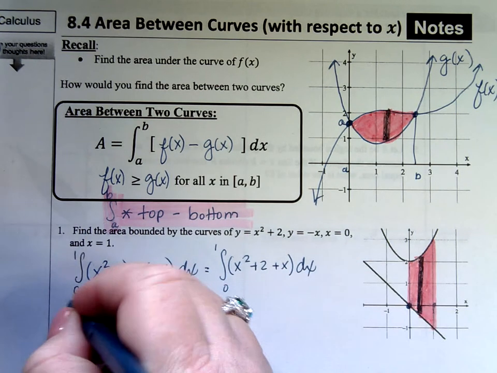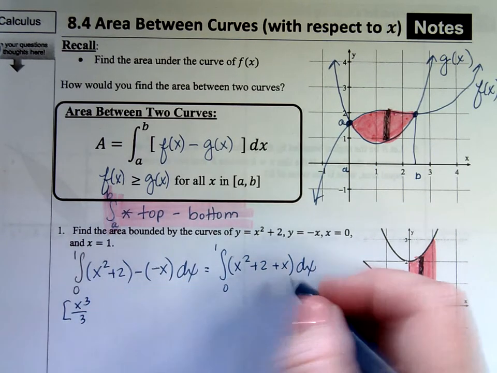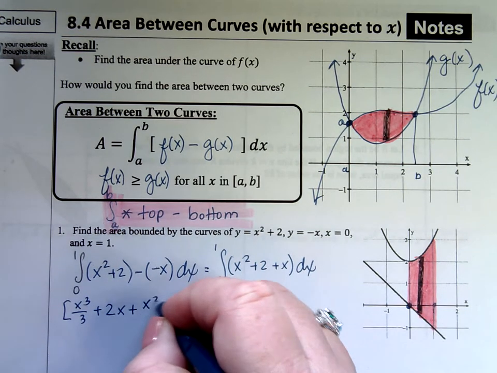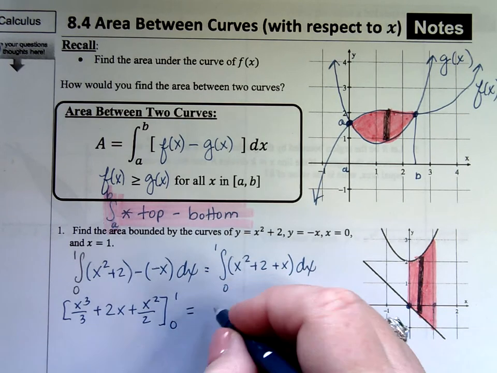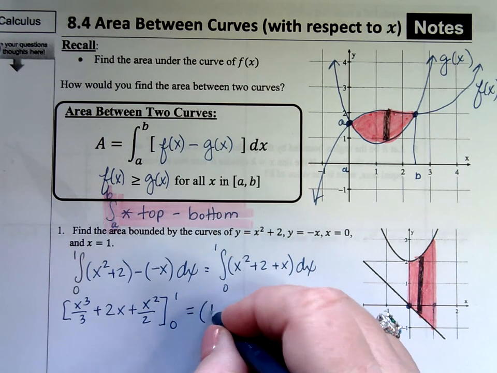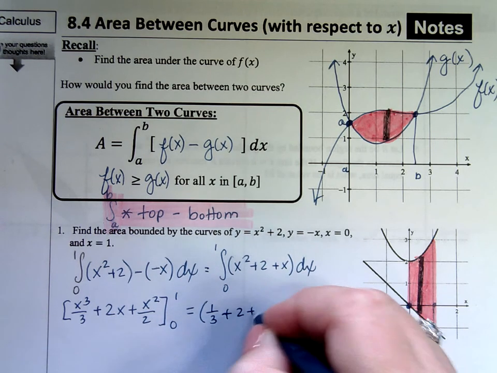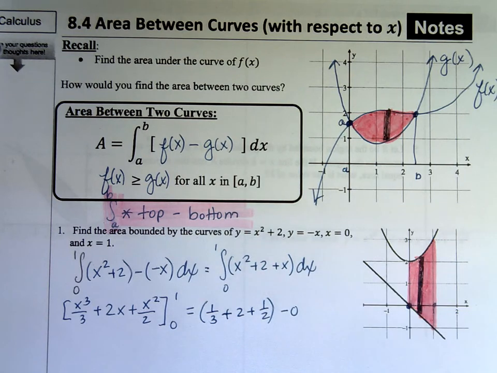That's a relatively nice integral, x cubed over 3 plus 2x plus x squared over 2, going between 0 and 1. We can keep going. That's going to give me f of b, 1/3 plus 2 plus 1/2 minus 0. And so I get my common denominators, which would be 6, and that gives me a final answer of